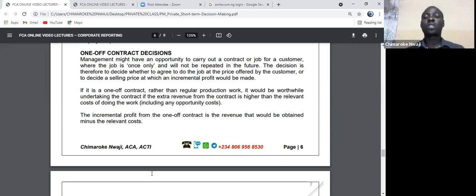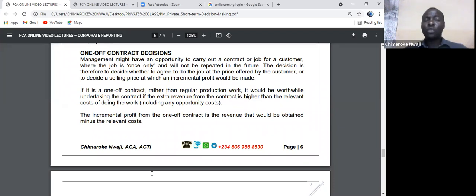So that is what is called relevant costing decision in one-off contract. So when you're looking at the relevant cost of doing the job, you also have to include opportunity cost. What is opportunity cost? Opportunity cost here means the benefit that you would have gained